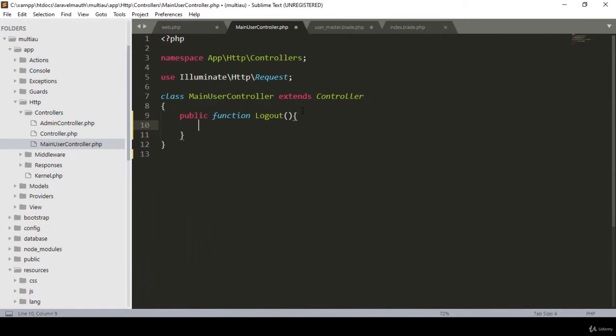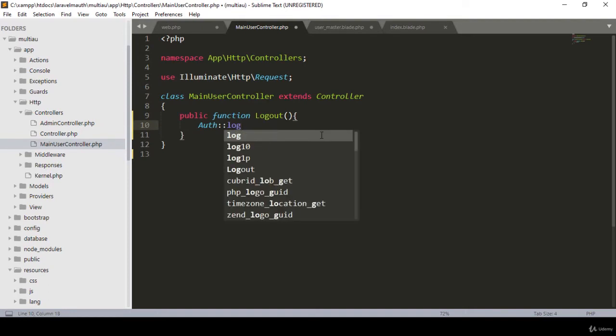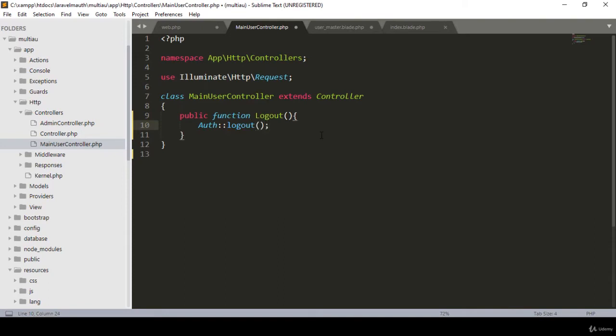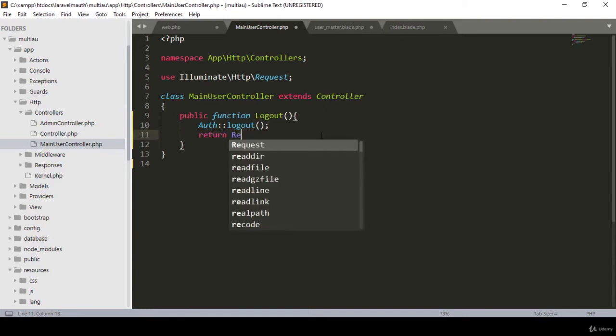Now I want to make it use auth. Auth is one of the default middleware, so with this it will check whether this user is logged in or not. So with auth, whichever user is logged in, I want to add logout for this user. That is one of the default methods, the default method is logout. So now I simply call this default method. And when the user is logged out, I want to return and then redirect